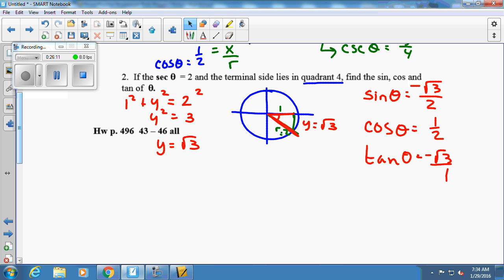So your 4 problems tonight, 43, 44, 45, 46, those 4 problems are doing this. Does it kind of make sense, the X, Y, R business? Because we're going to be using that for a long, long time now. Okay, so you got